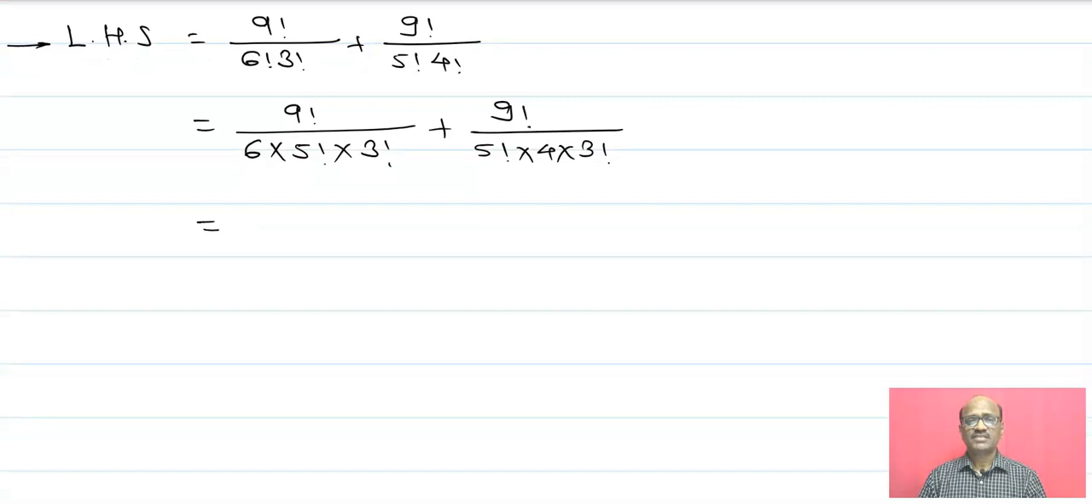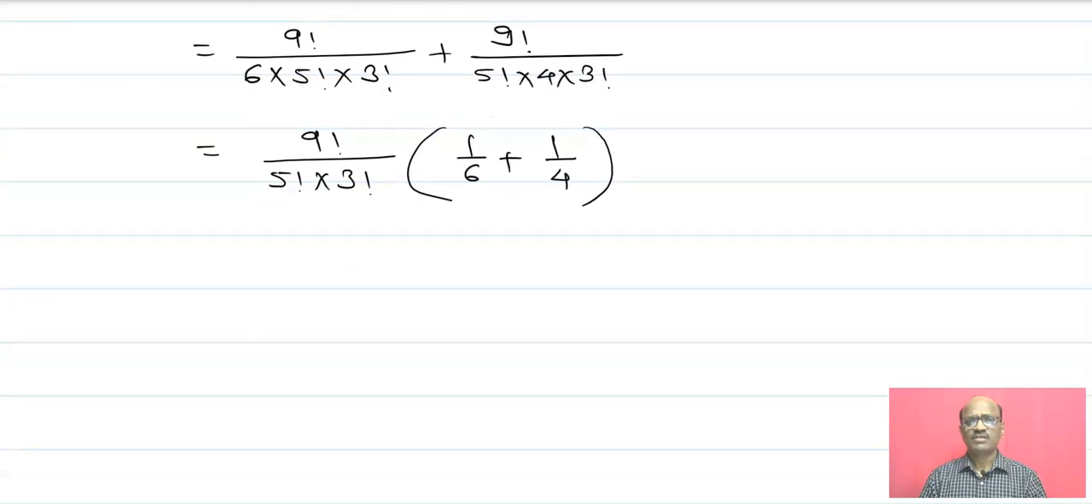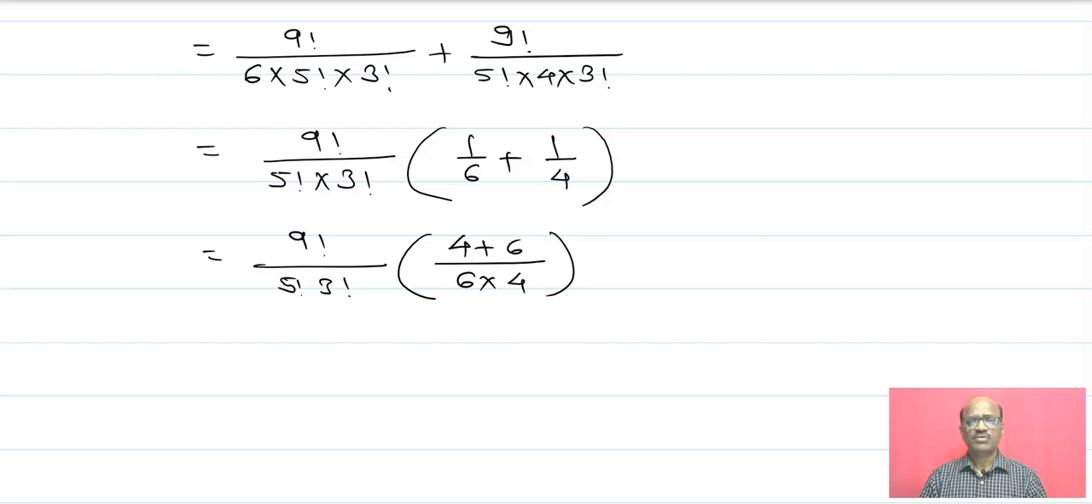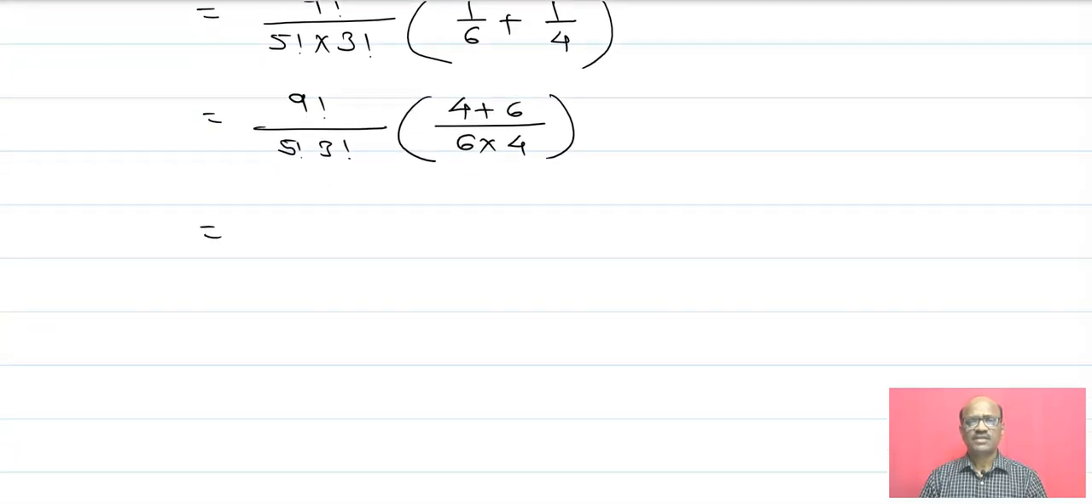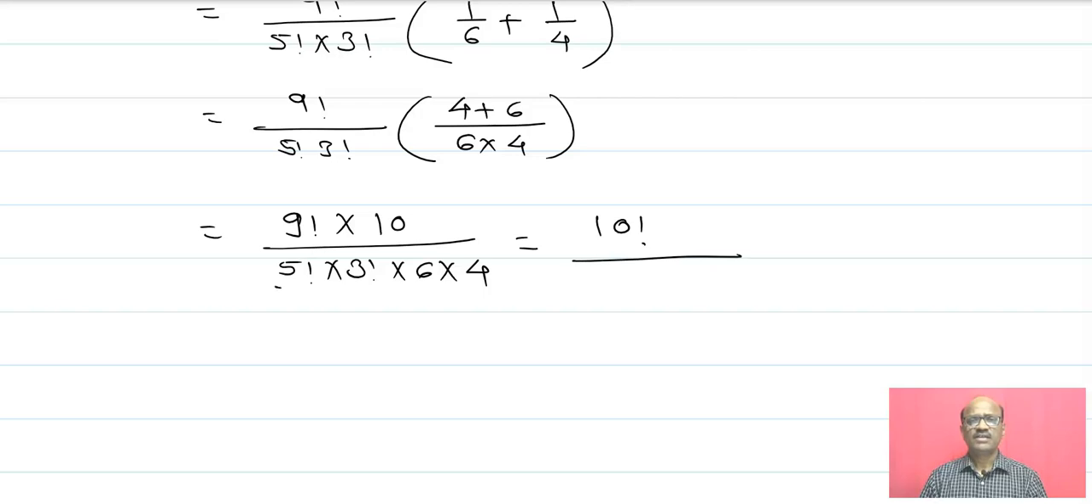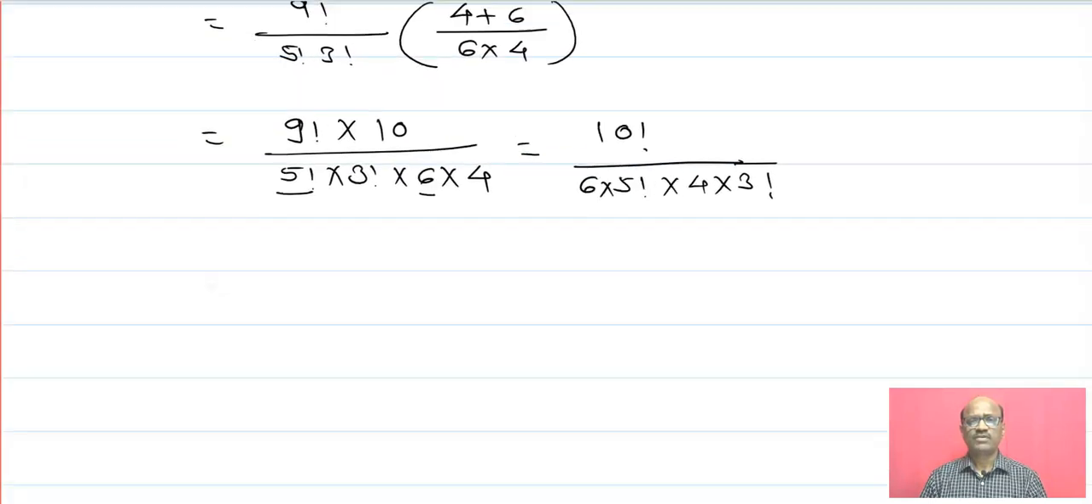Now expand 6 factorial as 6 into 5 factorial. At the same time, 4 factorial can be written as 4 into 3 factorial. Now take the common 9 factorial upon 5 factorial into 3 factorial. Then in brackets, 1 upon 6 plus 1 by 4. Therefore (4 plus 6) upon 6 into 4. And it is written as 9 factorial into 10 upon 5 factorial into 3 factorial into 6 into 4. Therefore 10 factorial upon 6 into 5 factorial into 4 into 3 factorial,